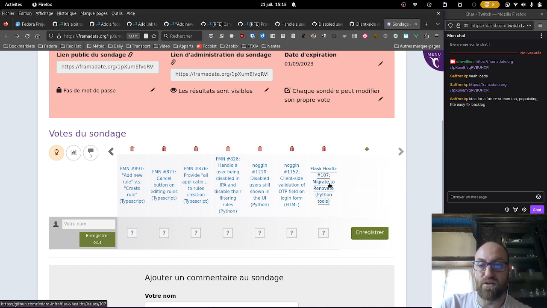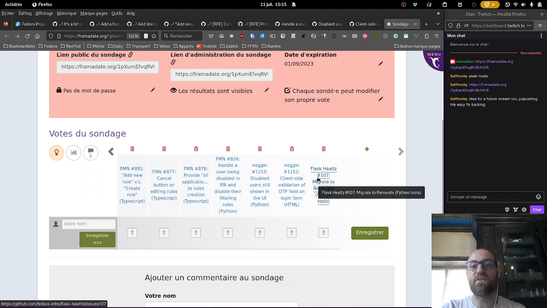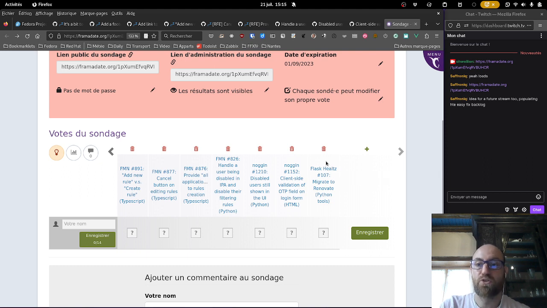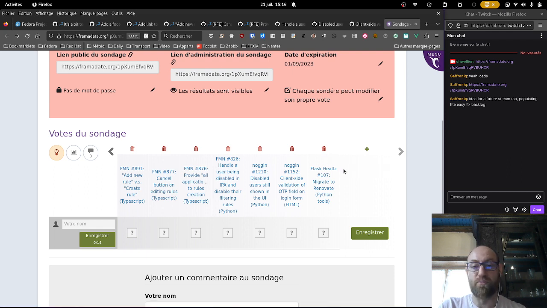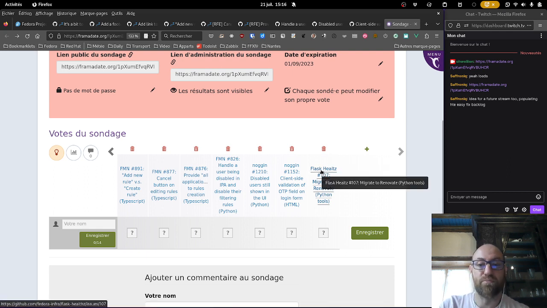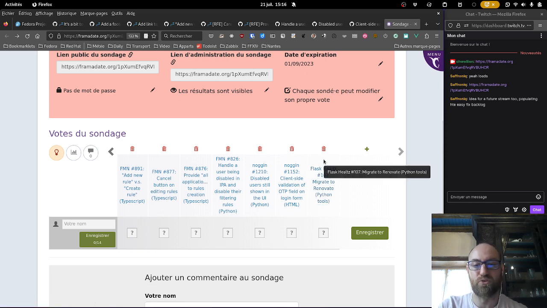And the last one is on Flask Health. Flask Health is a library that you can use on your Flask application that runs in OpenShift to add the endpoints that OpenShift queries to know if your application is alive and running or not. There are 2 endpoints, and it's pretty simple to implement them. And Flask Health is the library that will do that for you, or give you easy tools to implement them according to the protocol, or more or less, that OpenShift expects. All right, that's all of them.